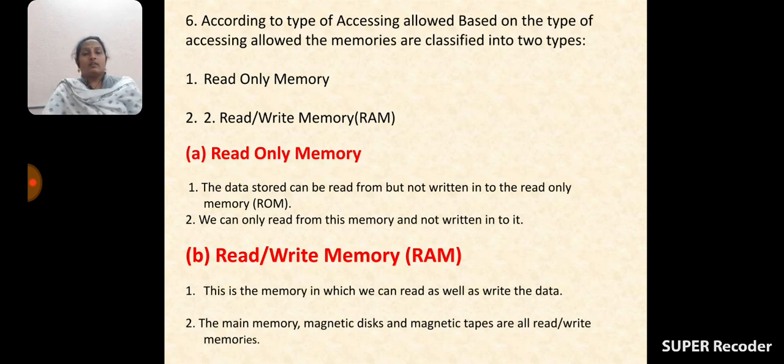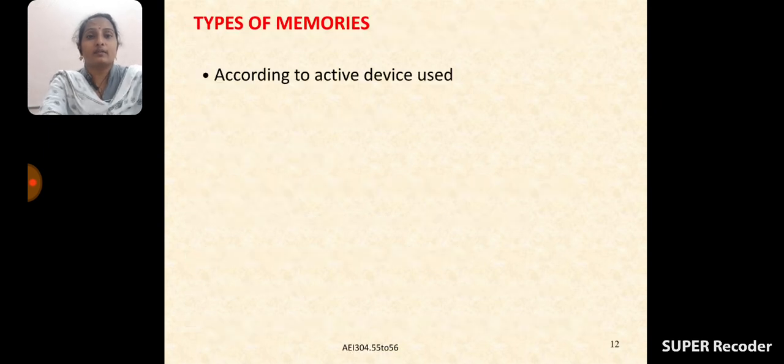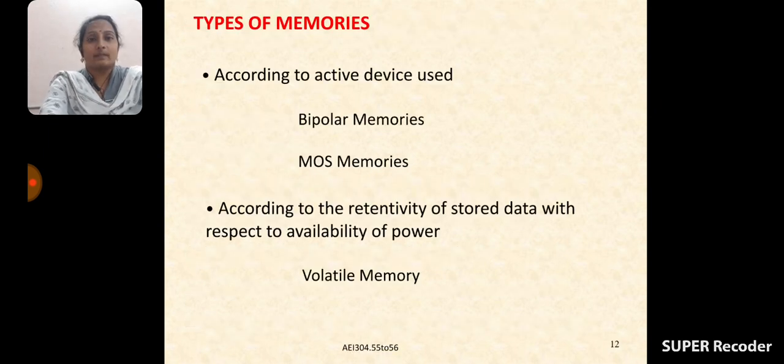Coming to the accessing type, memories are of two types: read-only memory and read-write memory. The name itself indicates it: read-only means the data can only be read from the memory. We cannot enter or modify the data. Read-write means we can enter new data and also modify the old data. Next, see here,